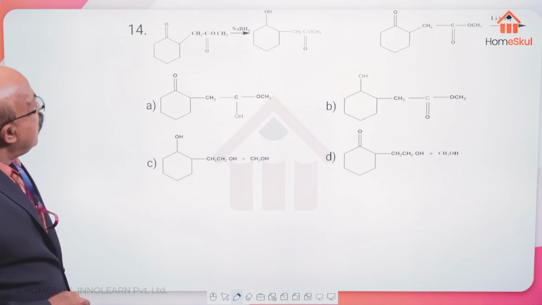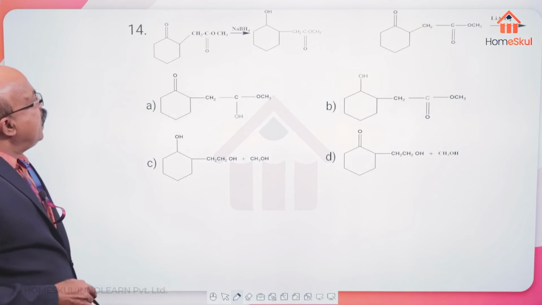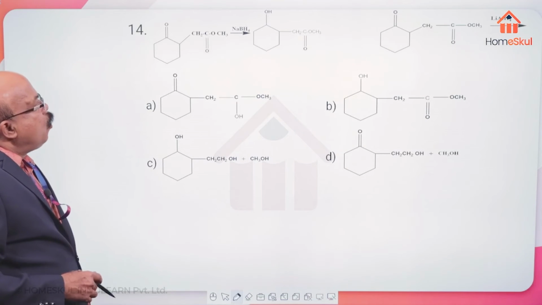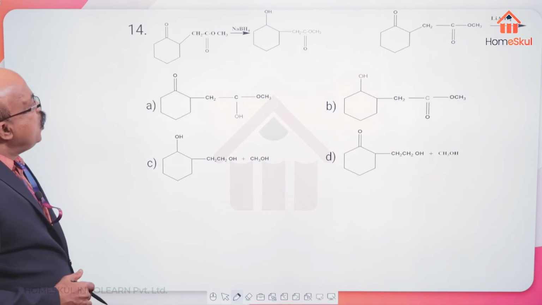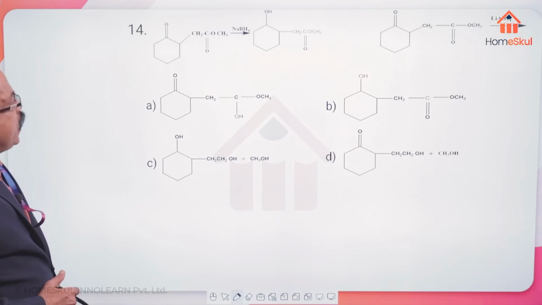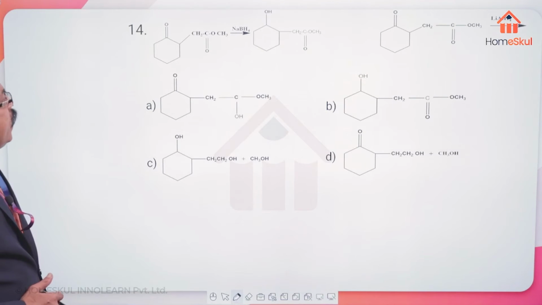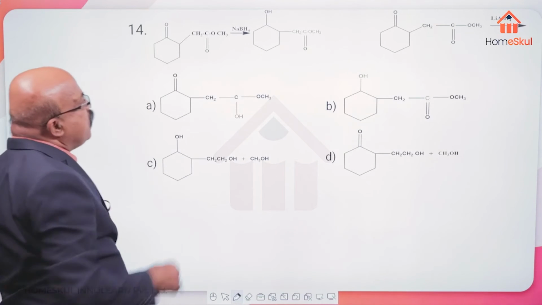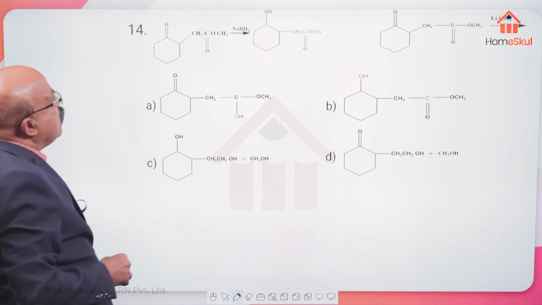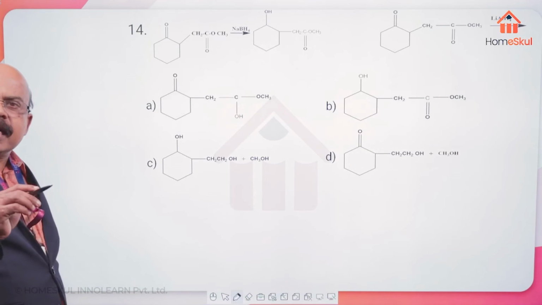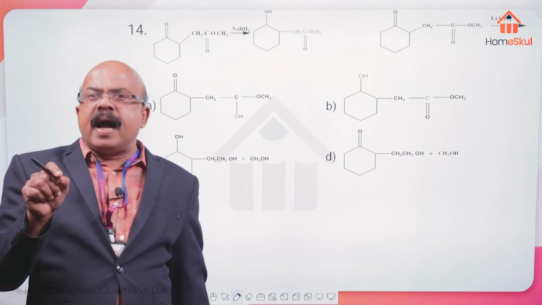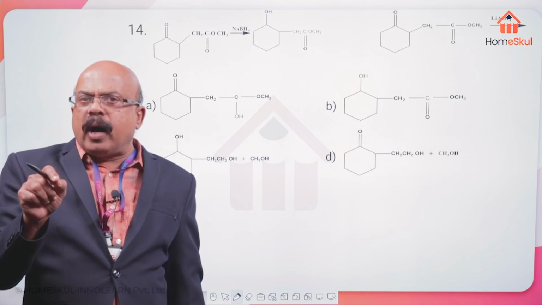Next question is another analogy type. Here one ester, one oxo ester is given. It is a methyl 2-oxocyclohexane carboxylic acid derivative. It is an ester that on treatment with sodium borohydride gives the product obtained. See, remember during the reduction reactions of sodium borohydride